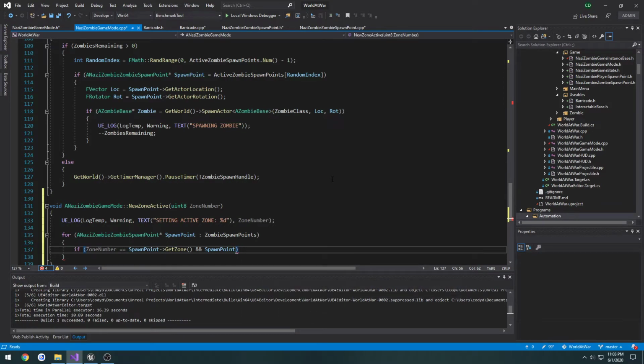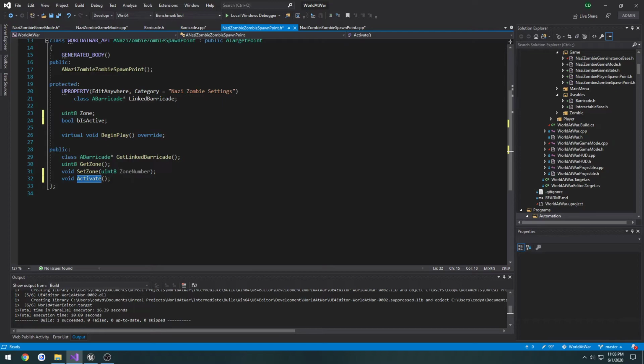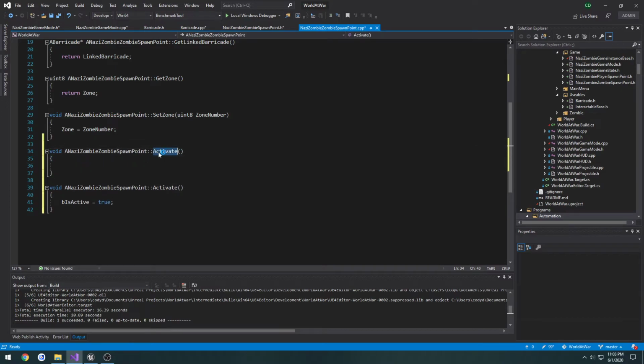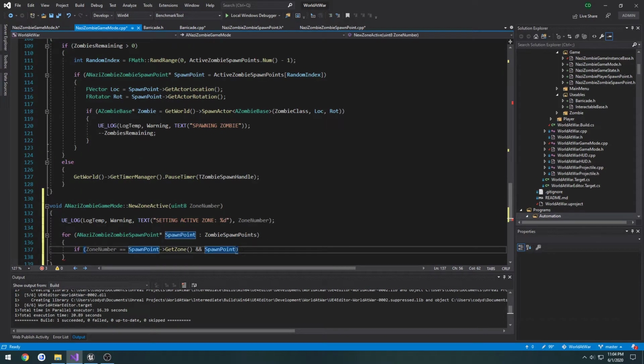I did not make a getter function for checking if it's active, did I? I did not. So bool is active, and I'm just gonna simply do is active, return a bool. What it's gonna return is B is active. So now I have it. And spawn point is active. So if it is not active,